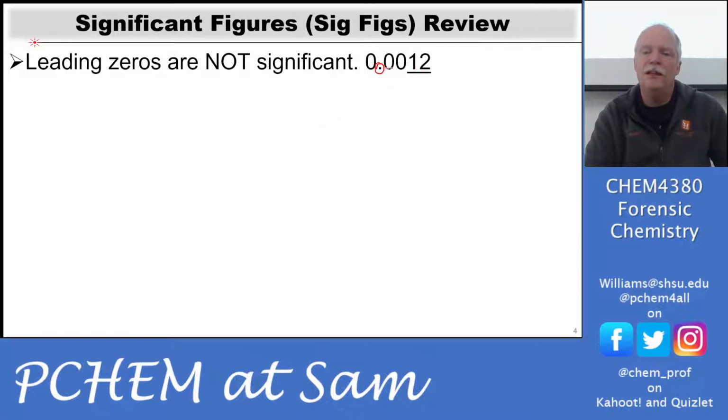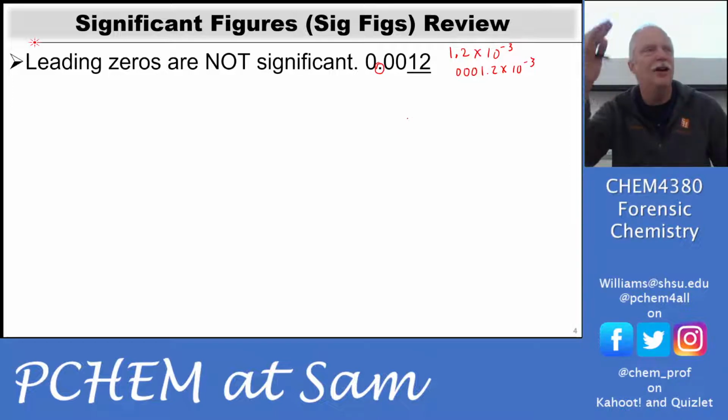Another way to sort of test this is if you were to write this in scientific notation, it'd be 1.2 times 10 to the minus 3, right? You see your 2 digits in. So 1.2 times 10 to the minus 3. Notice we wouldn't write 0.2 times 10 to the minus 3. That looks ridiculous, doesn't it? So you just know this. You wouldn't keep those zeros in front of the 1. Okay, and so this is not right here.